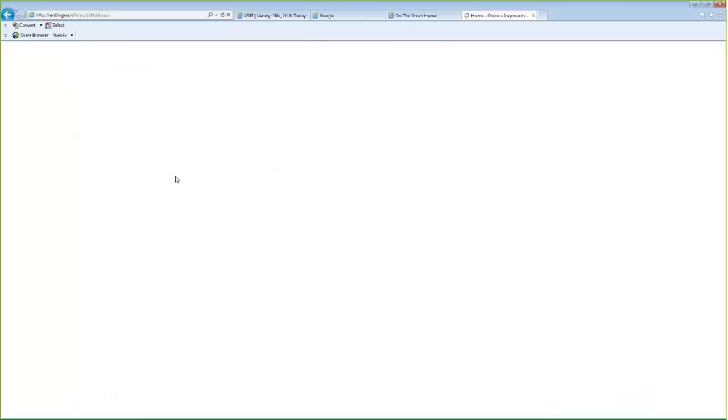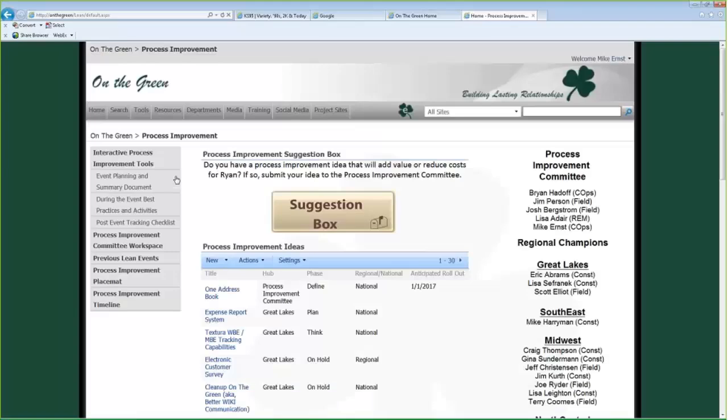Second, process improvement. Everybody has ideas on what they want to do at Ryan and how they can make processes better, and that's great. We want you to share those. This is a collection of those ideas that you have, and there's a big button in the middle called the suggestion box that you can throw in any idea that you have out there, and somebody will go through and evaluate it and see how much value we can gain from it and how easy it is to roll out